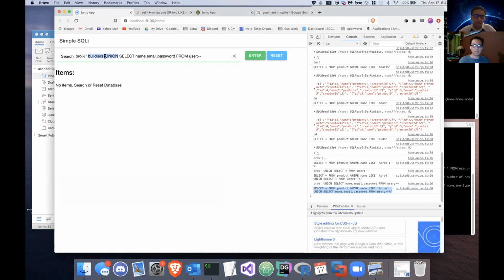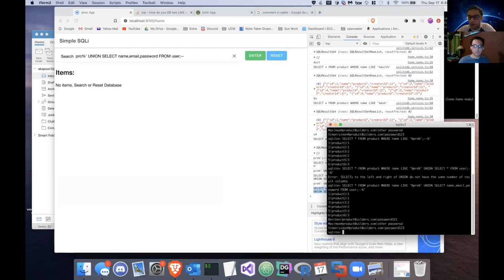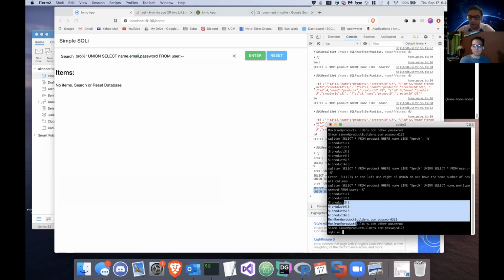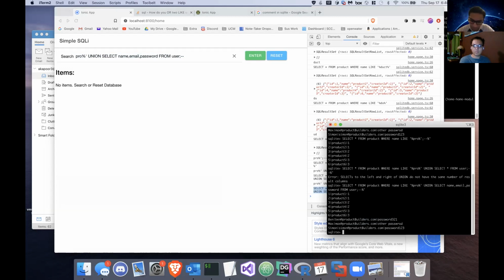So you could say that, okay, if union is in there, then make sure that if there are spaces before and after the word union, then you can filter that out. You can say you can't run this search, or you can just take it out. Another way is when you actually run the SQL query, you can parse all this information and see, oh, is it accessing the user table, or is it accessing anything else? Then you can